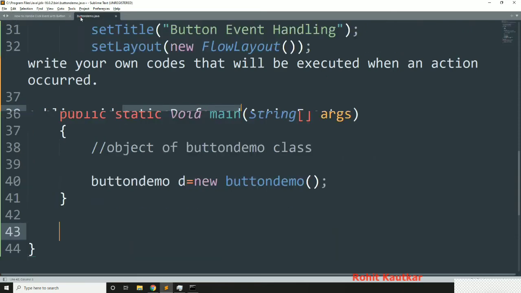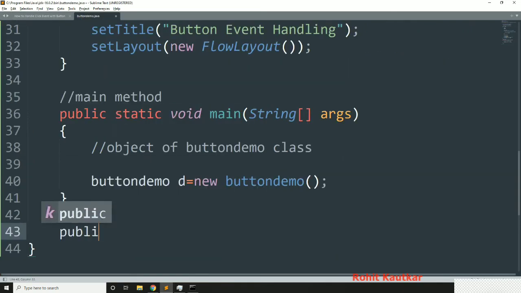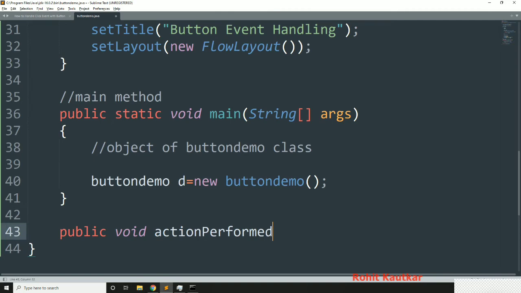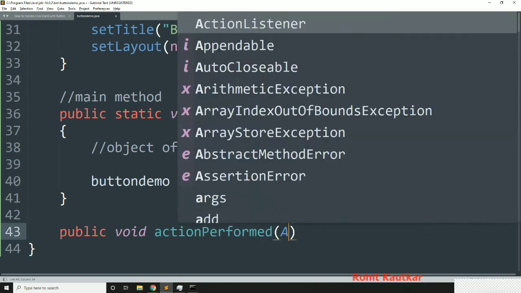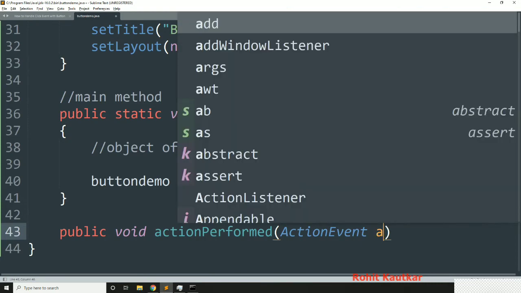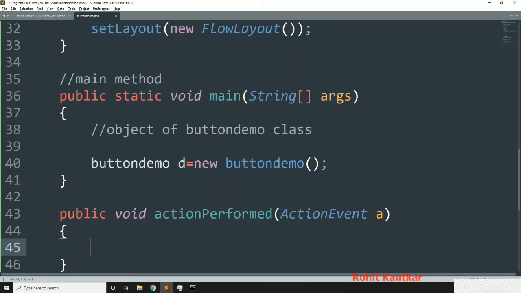This method is available. Okay, so I need to implement this. So I will write public void actionPerformed. Okay, and it requires the object of the ActionEvent class. Okay, let's say a is an object, and here we will write the logic for how we want to handle the event.